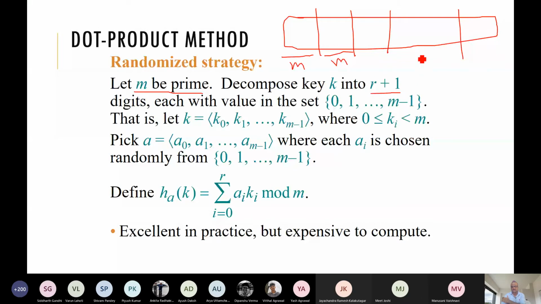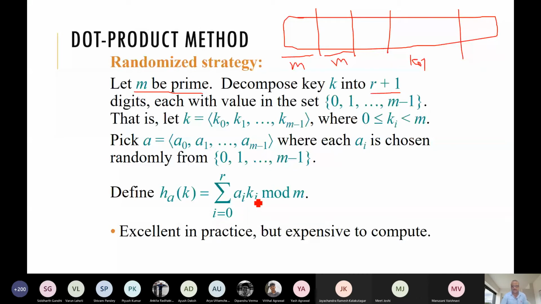So this is one key. We have a bigger size, so we are partitioning this key into blocks. Then we choose A. A is a random number. We can say A also has r plus 1 blocks, and each size is M. Then we take the inner product of this.